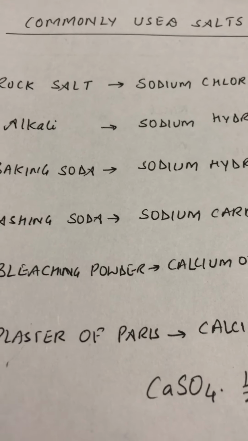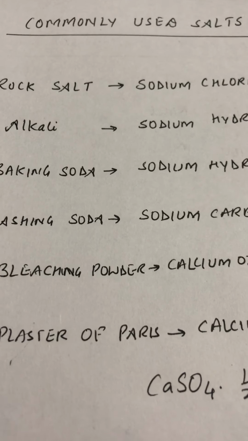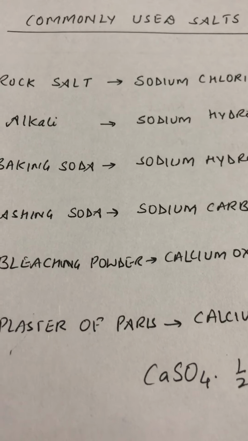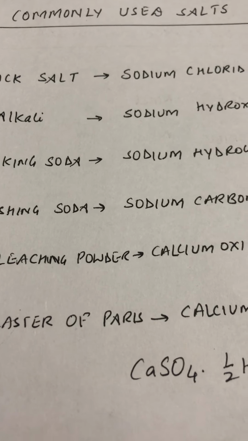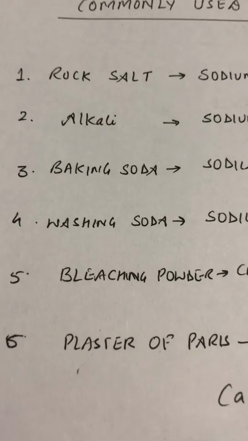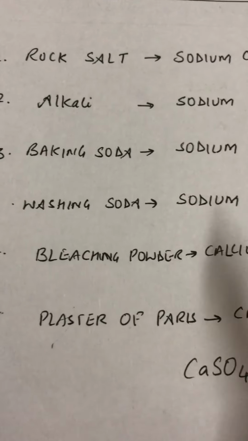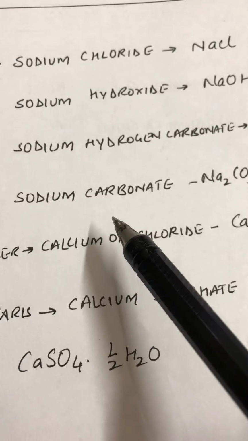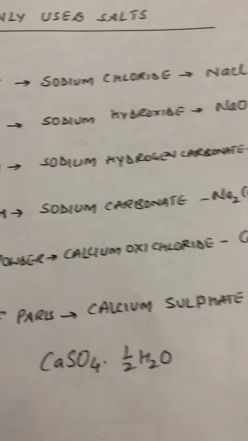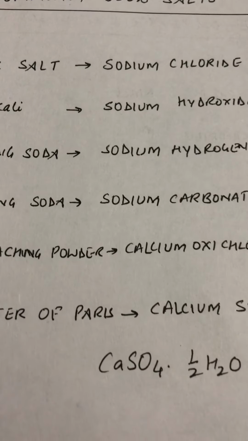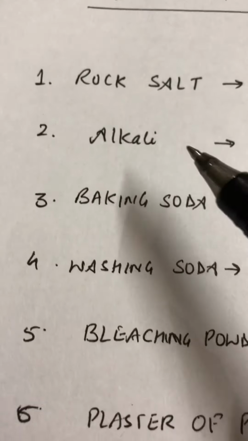Children, we learned about the salts in the previous video where we talked about the types of salts, acidic, basic or neutral salts. In the last topic of the chapter, we have to study about the 6 commonly used salts that we use in our daily life, out of which you have to do their common names, their chemical names, their preparations and their uses. The preparations and uses will be given to you in the notes. We are just sharing these 6 salts here.